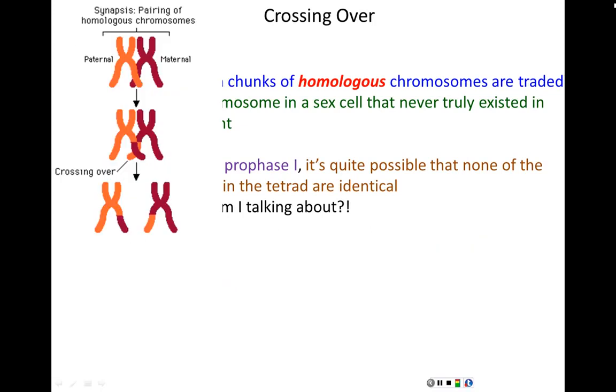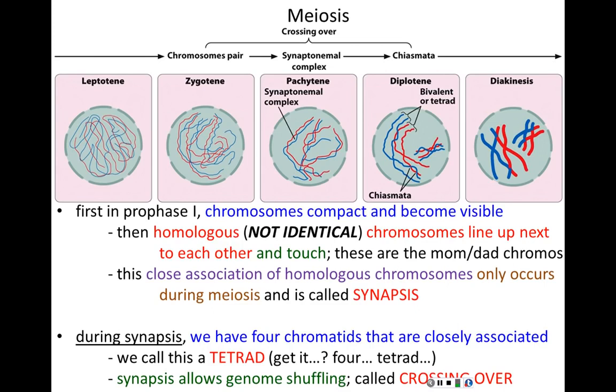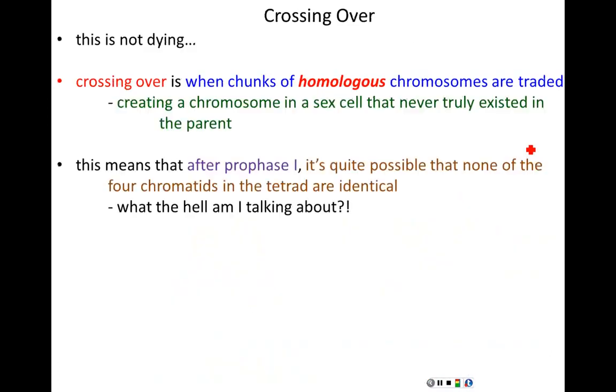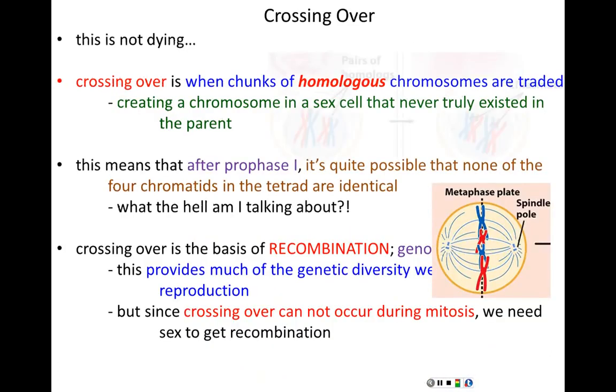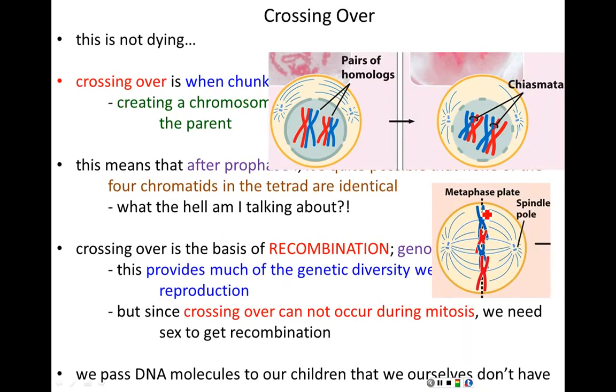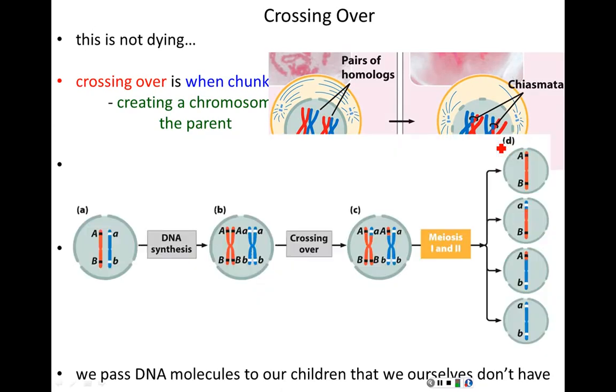What allowed crossing over to occur was synapsis. What allowed synapsis to occur was the lining up of homologous chromosomes side by side. Without side by side alignment, there is never synapsis, and without synapsis, there is never crossing over. So in mitosis, we don't have synapsis because we have single file alignment of homologous chromosomes. In meiosis, we do have synapsis because homologous chromosomes line up side by side. This allows us to pass DNA molecules on to our children that we ourselves never had, enormously increasing the genetic